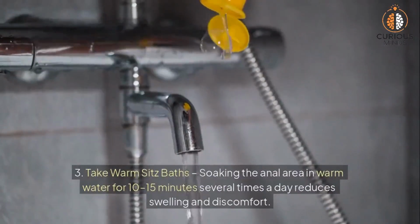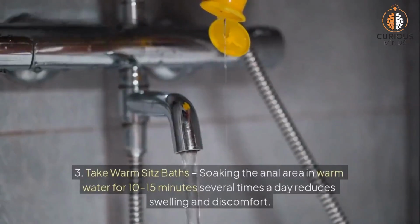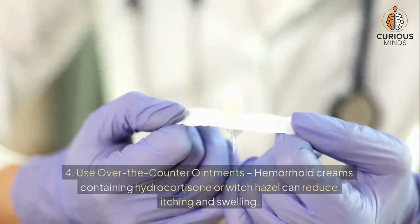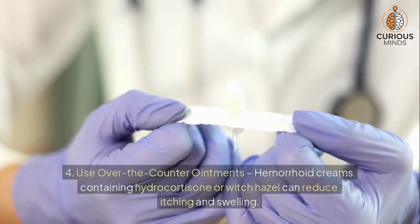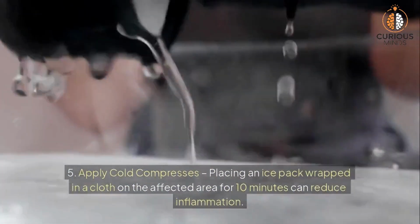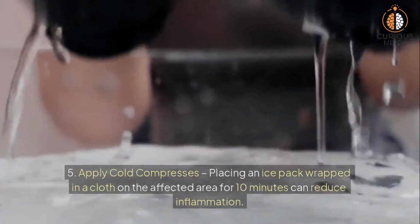3. Take warm sitz baths. Soaking the anal area in warm water for 10 to 15 minutes several times a day reduces swelling and discomfort. 4. Use over-the-counter ointments. Hemorrhoid creams containing hydrocortisone or witch hazel can reduce itching and swelling. 5. Apply cold compresses. Placing an ice pack wrapped in a cloth on the affected area for 10 minutes can